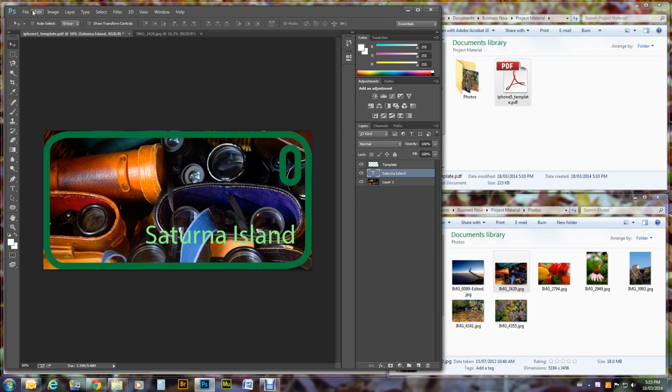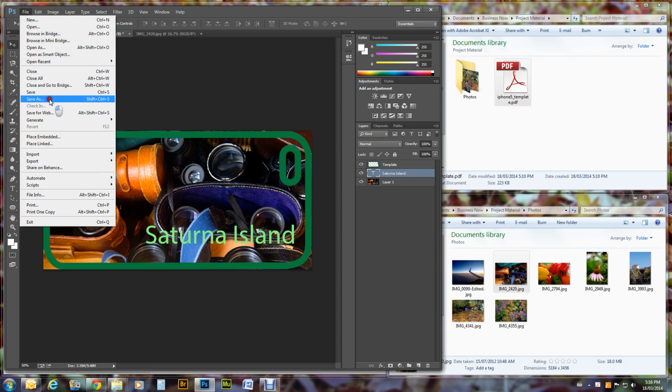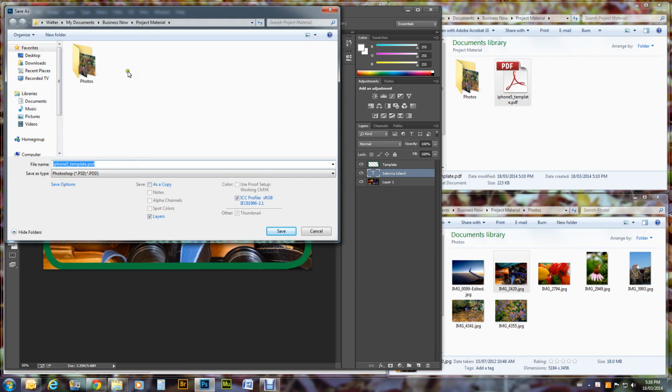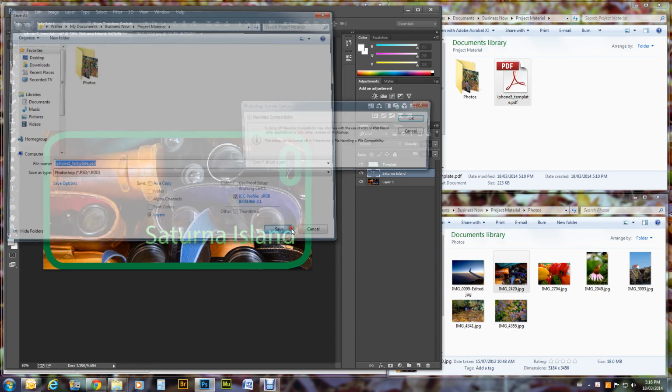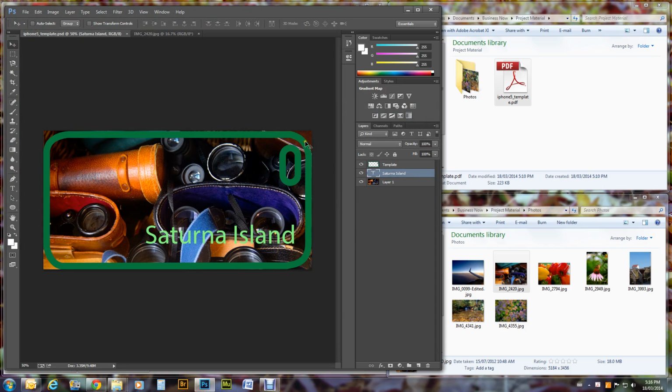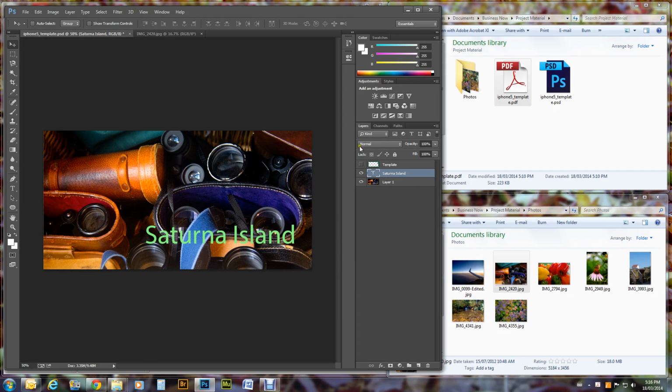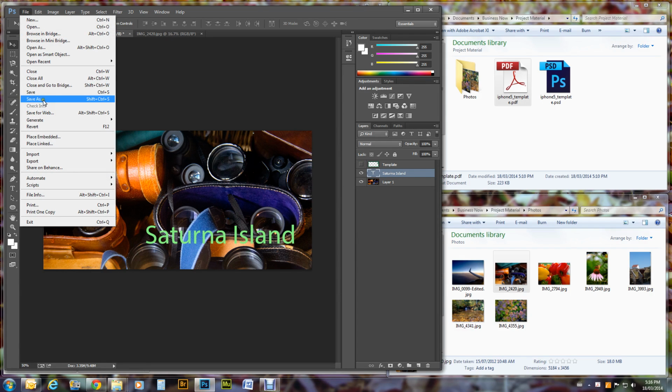So what we should then do is save this. We'll save it as a Photoshop file initially. So then we have the layers and everything editable should we want to go back and change it. Then what we want to do for creating the final image to send to Business Now for imprinting the iPhone case, we need to make that template layer disappear. So we just have this image,